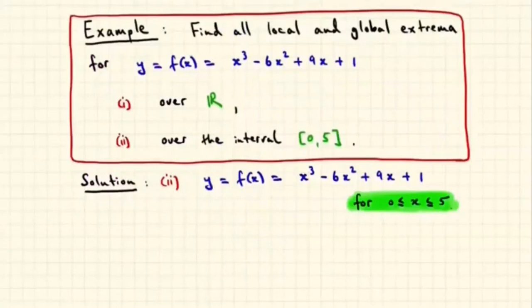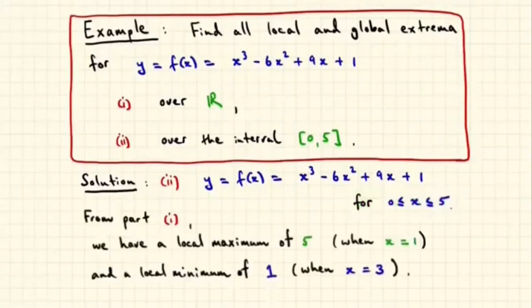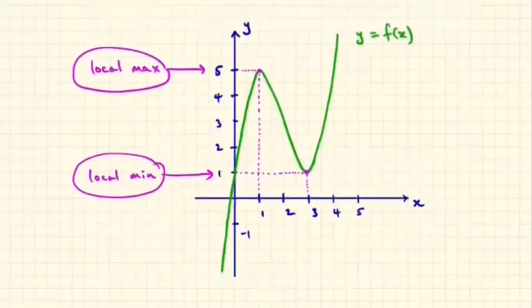In the second part of this problem, we need to find all extrema when the domain is now restricted to the interval from 0 to 5. The local maximum and minimum from the previous calculation are important because inputs x equals 1 and 3 fall within this domain. The question is really how far the curve falls away to the left and how much it climbs